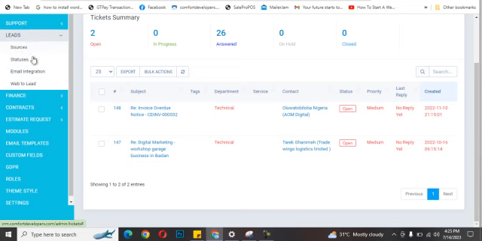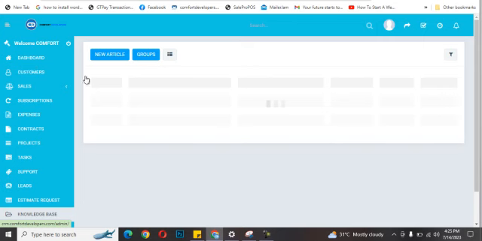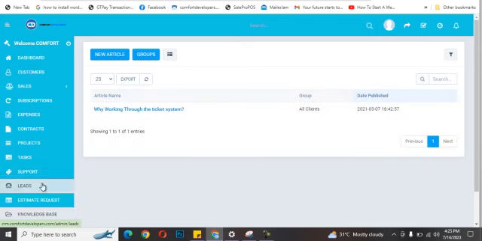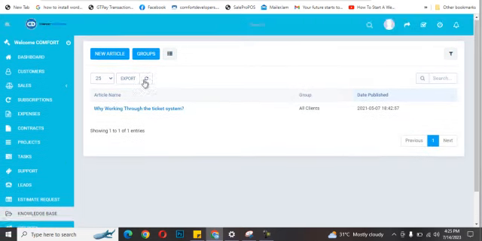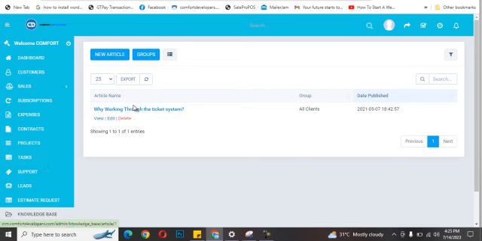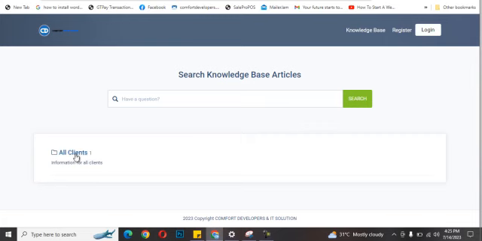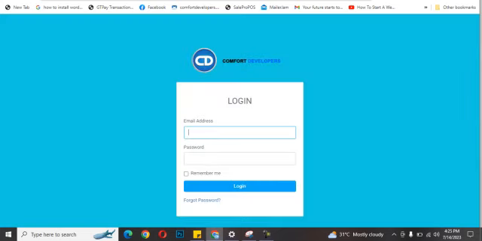Okay, this is the article, and this is for the knowledge base. I think the network's a bit slow. While working through the ticket system, if you open what we have here, it's going to be the same as what we have here. This is for hotline, and if I intend to add more knowledge base,